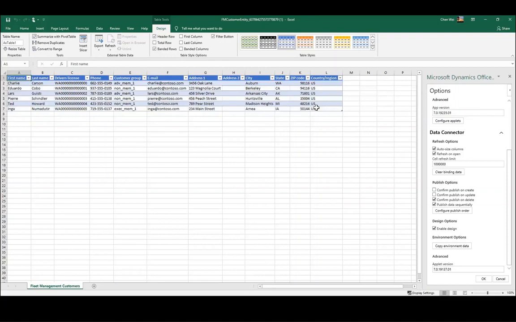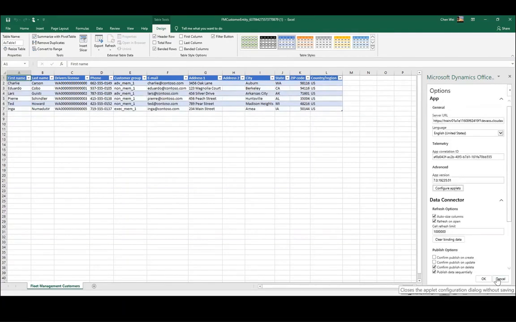In the design option, we also can enable design or copy environment data. And also you can see the apps version. We can click applet if you want. Okay,